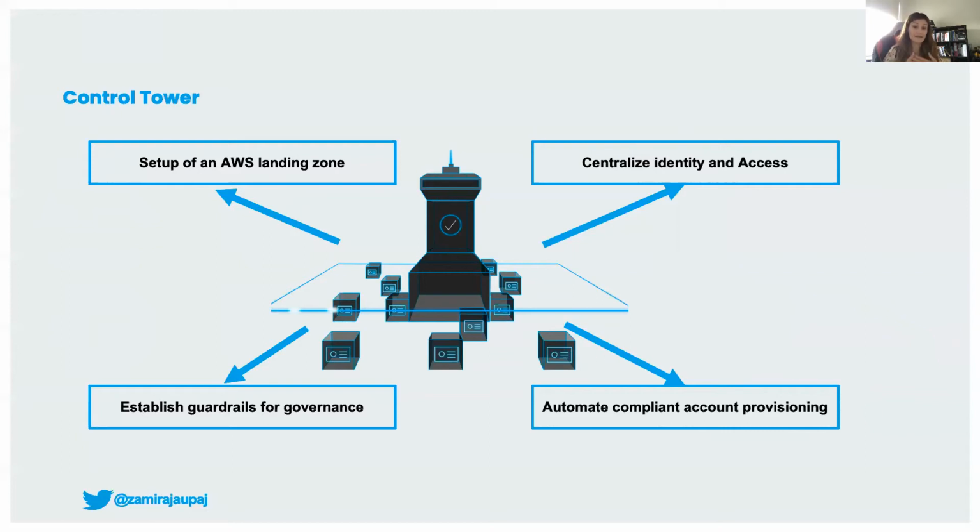Guardrails are high-level rules that provide ongoing governance for your overall AWS environment. And there are two kinds of rules: preventive and detective rules. Centralized access management, where you can set up users, permissions, groups, and who can access what and when in which accounts. Later on I will explain in detail. An account factory allows you to set up new AWS accounts. It is a configurable account template that helps you standardize the provisioning of new AWS accounts with pre-configured account configuration.